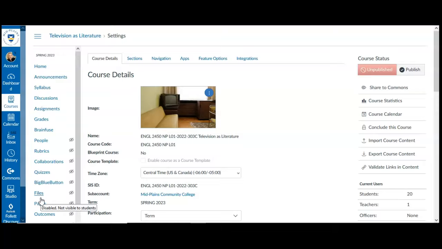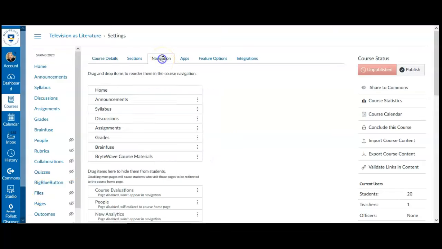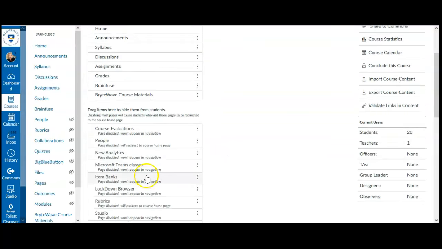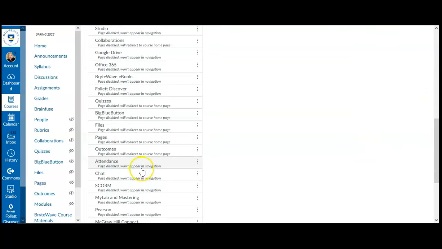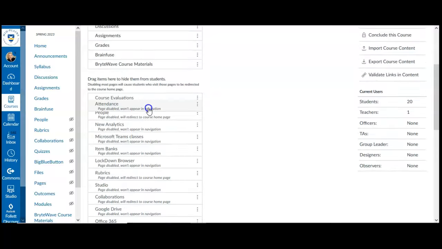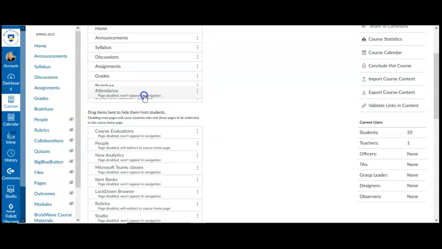And once you're into Settings, you need to go to this Navigation tab up here. Click that. And this is where you decide what displays on the side there, which tools are enabled. So I'm going to go here and look for the hidden tools, and I'm going to find attendance. Oh, here it is. I'm going to click on attendance, and I'm going to scroll up and add it in